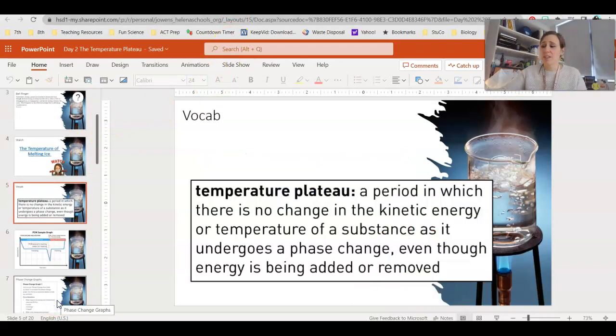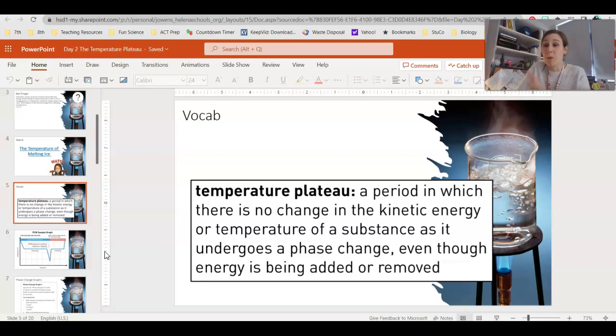All right, so what you guys should have seen with that is that the whole time that ice is melting, the temperature remains the same. So when we're looking at, all right, this ice is just starting to melt, or this ice is almost completely melted, it's the same temperature, and that's what we call the temperature plateau. So it's a period in which there's no change in the kinetic energy or temperature of a substance as it